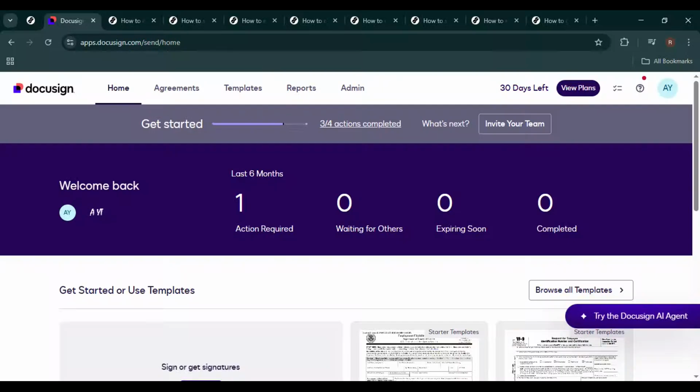In today's video, I'm going to show you how to get audit trails in DocuSign, step by step. If you ever need to verify who signed a document, when it was viewed, when it was completed, or simply track every action taken on an agreement, the audit trail is exactly what you're looking for. This is especially important for compliance, legal records, and internal documentation. I'll walk you through the entire process so you can quickly access the full activity history of any envelope inside